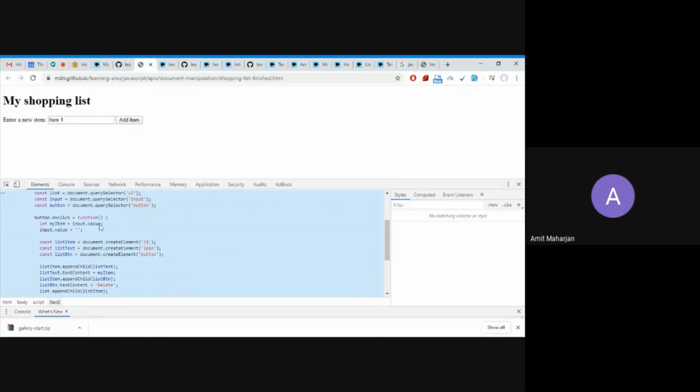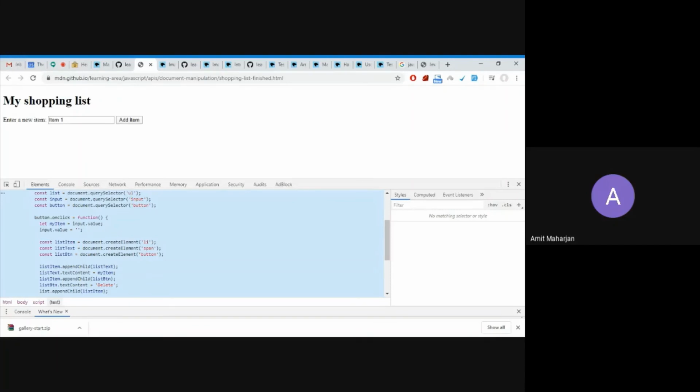Input dot value is whatever value I entered. Let's say I entered item 1, then that value will be assigned to my item input dot value. Once I read the value from the input, I remove that value from the text field. Okay, then see, li, span, button,